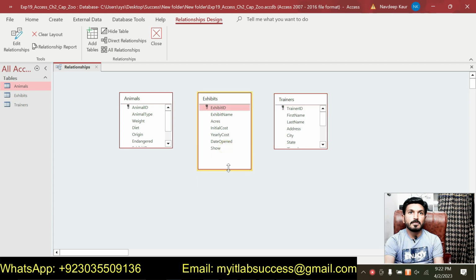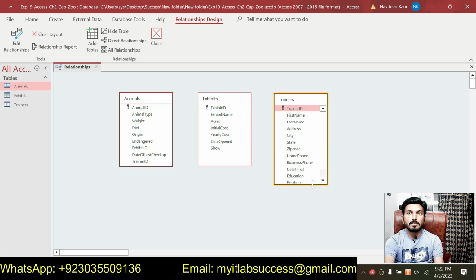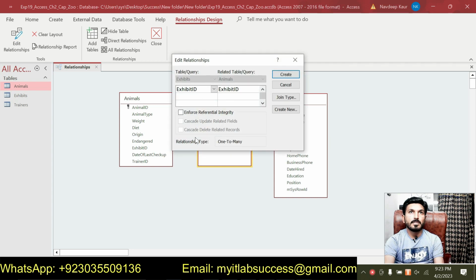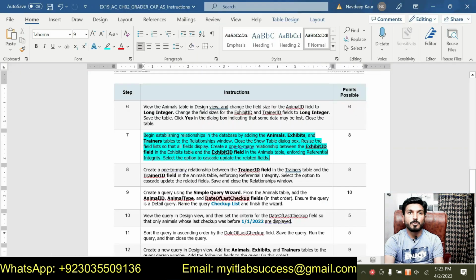So let's first resize these ones so that we can see all the field names. So now we can see all the field names. So we are supposed to create a relationship between the exhibit ID field in the exhibit table and the exhibit ID in the animal table. So we will press and hold the exhibit ID in the exhibit table and drop it on the exhibit ID in the animal table. So you can see that we are creating a one-to-many relationship, and now we are supposed to